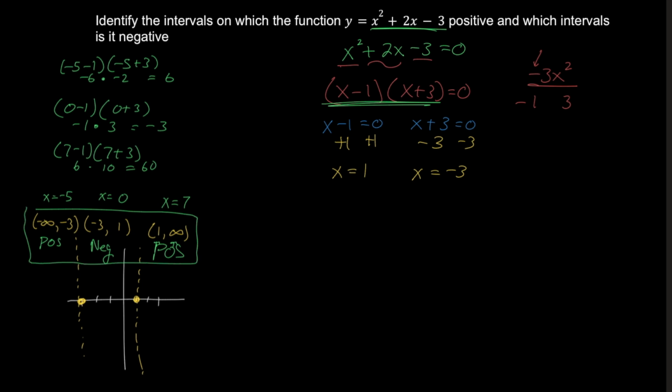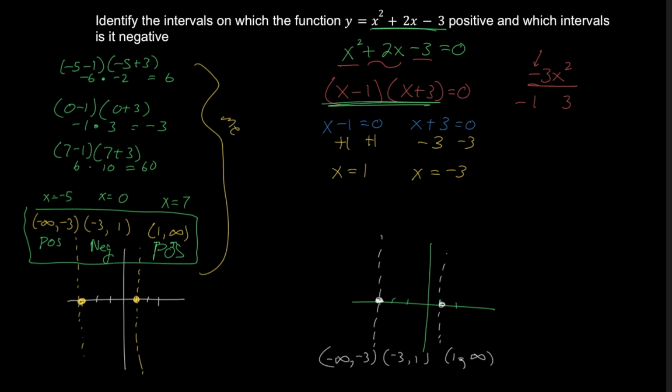Method number 2 is just using some features of the graph. So just quickly, rough sketching the graph again. We have our intercepts there and there, breaking my graph into the 3 sections again: from negative infinity to negative 3, from negative 3 to 1, and then from 1 to infinity. The easiest way to do this, even easier than the numerical way for the first method,